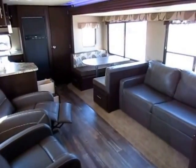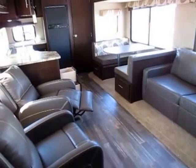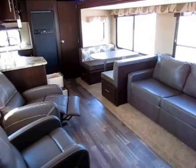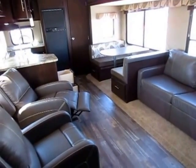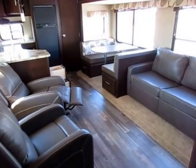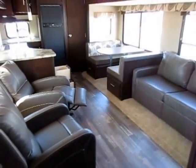That's what I mean is, you take a glance at this, and you've seen something else that is roughly the same shape, but when you look at the detail work and the thought that was applied to this camper, you can definitely see the difference. There is a reason Cherokee has grown from the 5th best-selling trailer out there to the 2nd best-selling trailer, and is still growing right now, because of smarter built, better floor plans like this one, with better hardware and more user-friendly stuff. So give us a call,